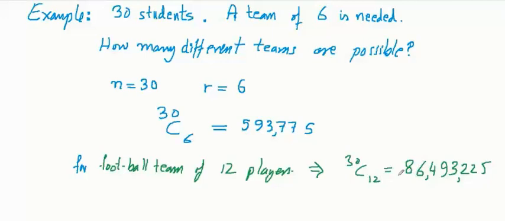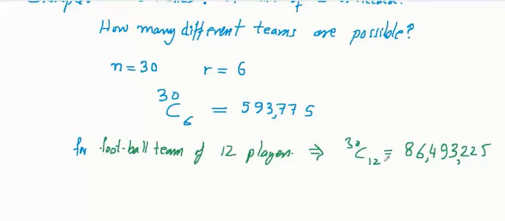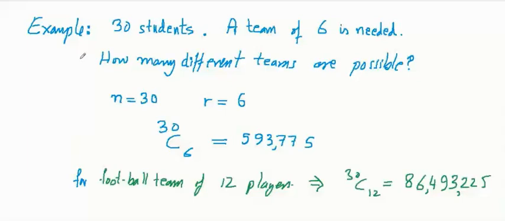These are around 160 times more than this. Is it clear? Manually we cannot do this, so only using these formulae can we find the ways. So these many teams are possible. Now if I extend one more part using the same example and the same concept, say this is part A, this is part B,